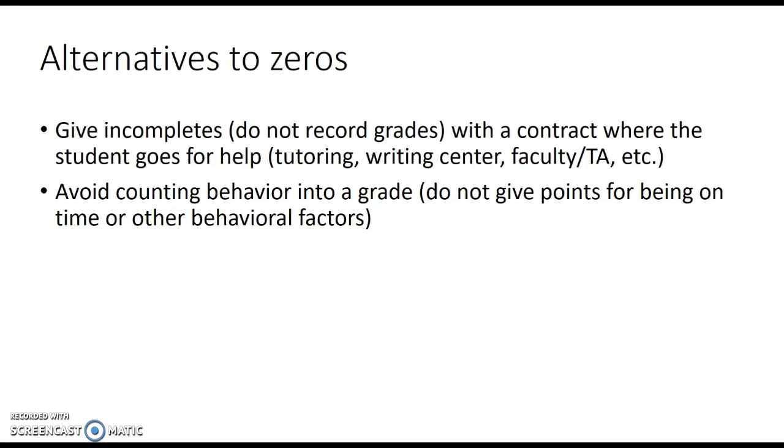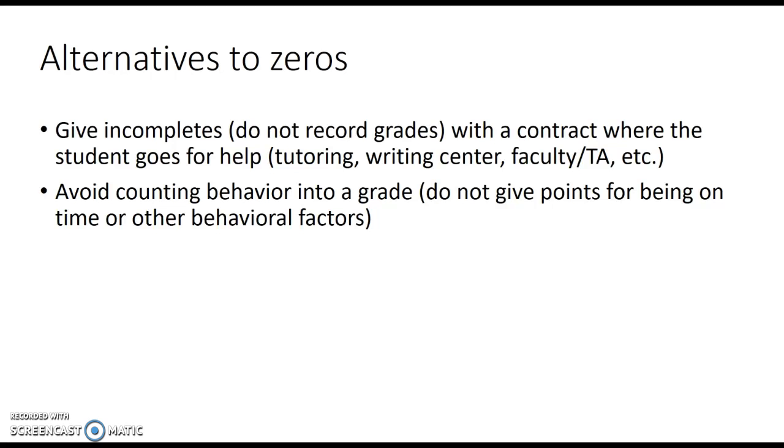So two things that you could do and set as part of your grading policy is, one, you could choose not to give zeros and instead give incompletes. So if you give an incomplete, and we're not talking about for the end of the course grade, but I'm talking about, they're supposed to have handed in a paper on Monday and it's Monday and it's not there. What you could choose to do instead of recording the 0 is you could have them meet with you and come up with a contract where you go over what is missing,